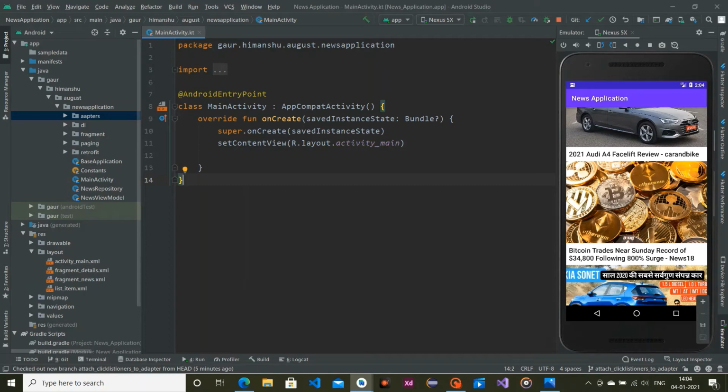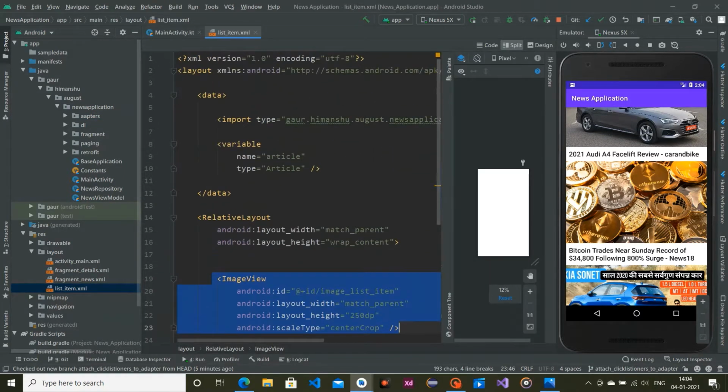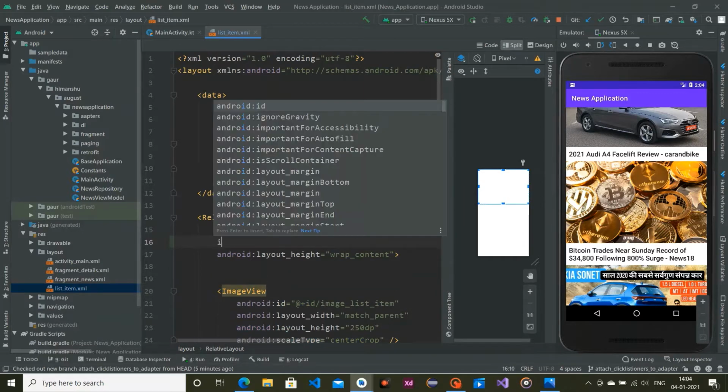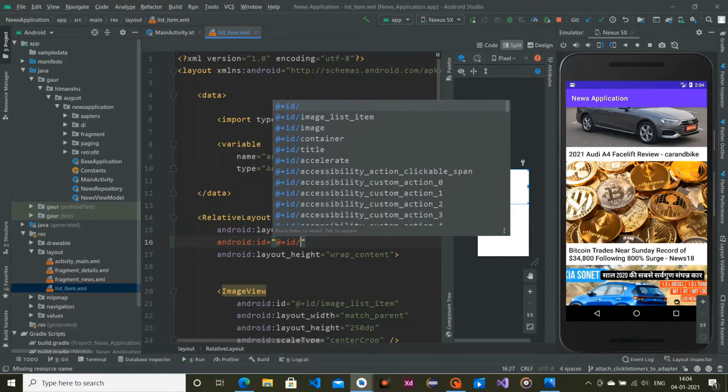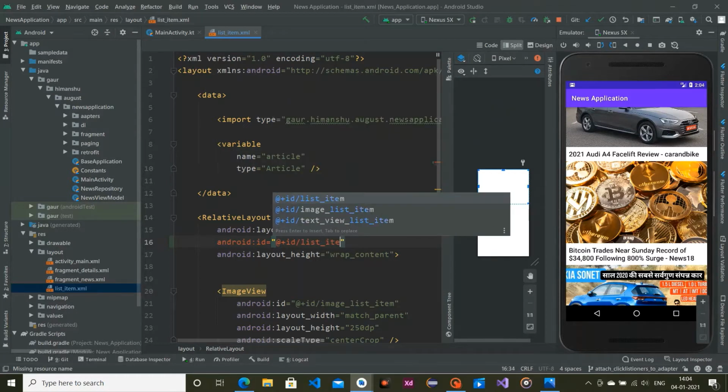Hey guys, this is our part 8, and in this part we are going to attach setOnClickListener in our list item. So let's begin. First of all, go in our list item layout part, and this is our root layout, and just provide an ID to it, naming list item root. So list item root,